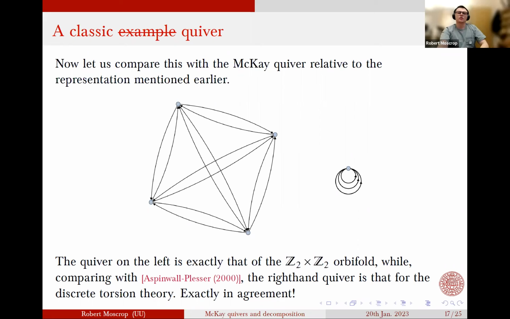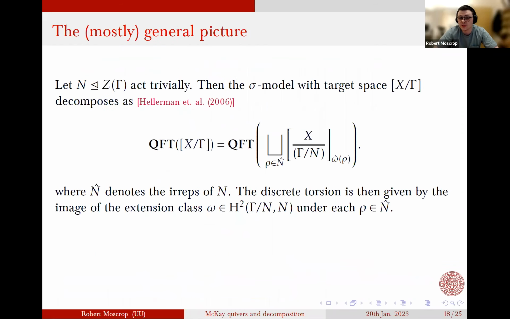Okay, great. So I've given you the basic example. This is the example that in all of the decomposition papers they go through first, because it's a nice simple case, but there's quite a rich story behind all of this, and you can do this for basically any trivially acting subgroup. I will always take it to be central because it simplifies things greatly for us, but I just want to emphasize that you can do this for basically any subgroup.